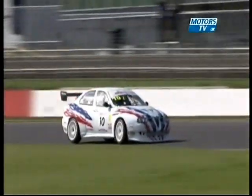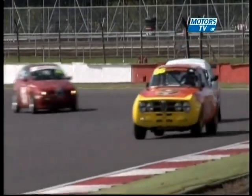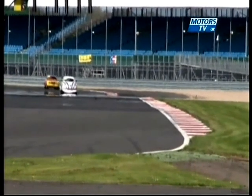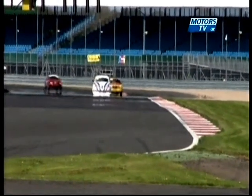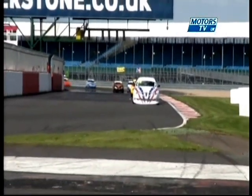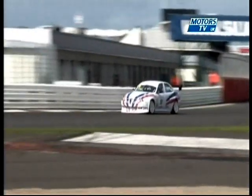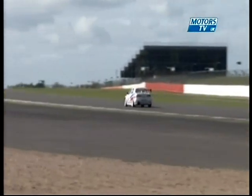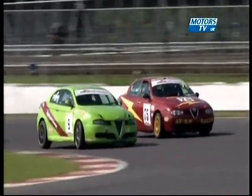The Julia Sprint, an extremely rare car, races on the classic circuit normally, but wonderful to see her taking part in the Alfa Romeo Championship. Good wide line. Ros respects the faster car coming through, and the A1 car, the race leader Anthony George, goes across the line, continuing to build his lead. He's got a 20-second lead at the moment over Andy Robinson in the, you have to say, less modified 156